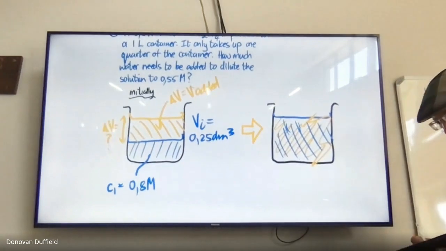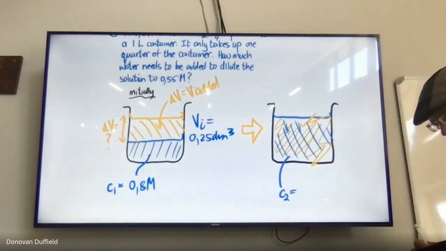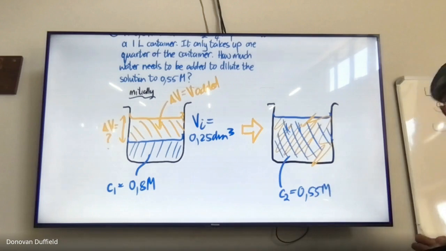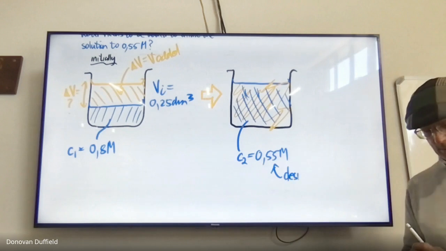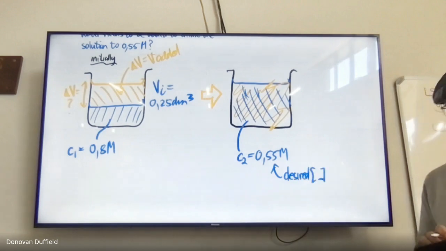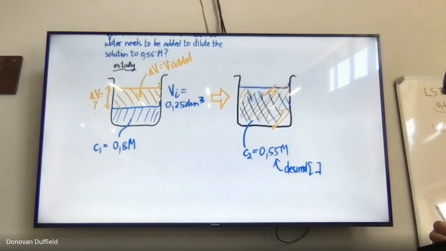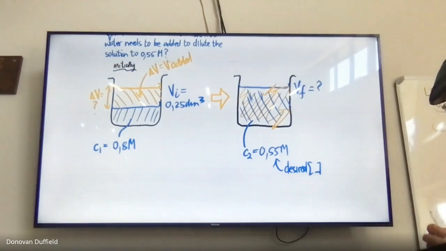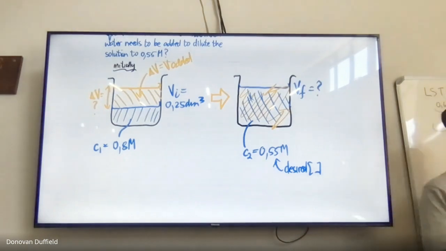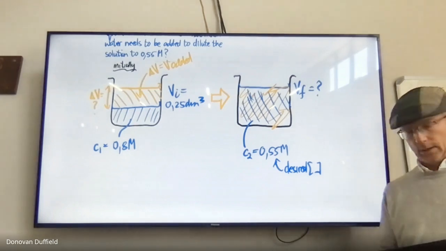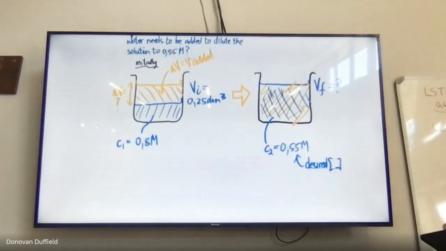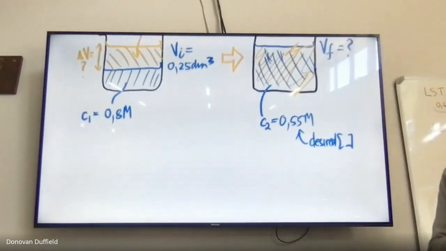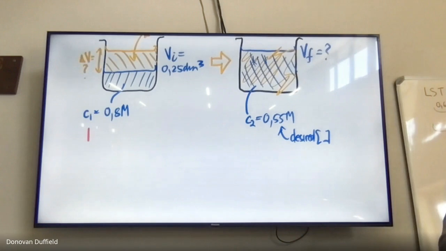Now we have that concentration 2 is 0.55, which is the desired concentration. We do not know what V final is yet. Okay, so I'm going to use both methods. So method 1,